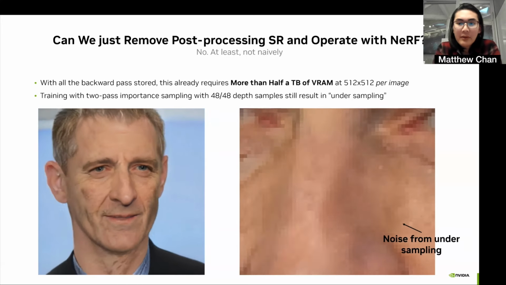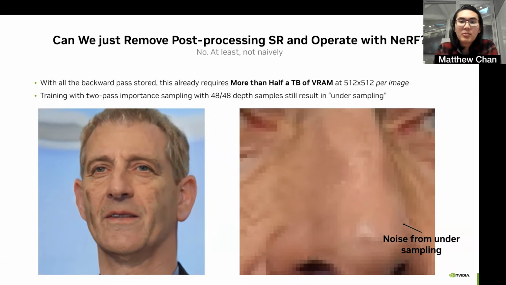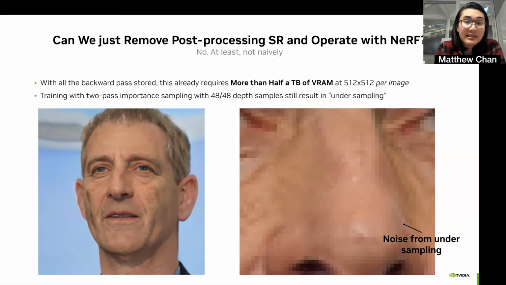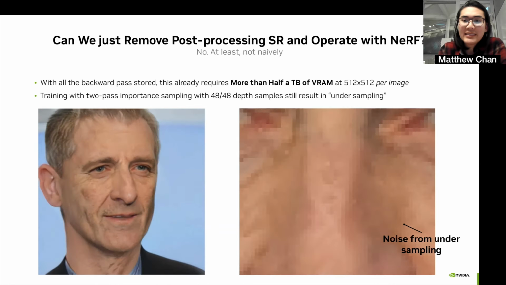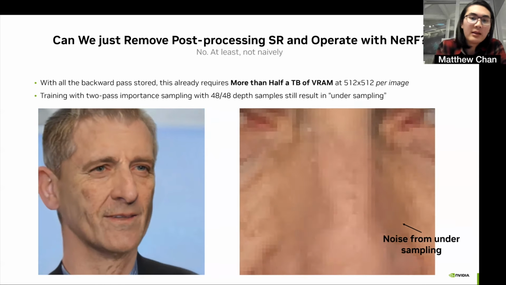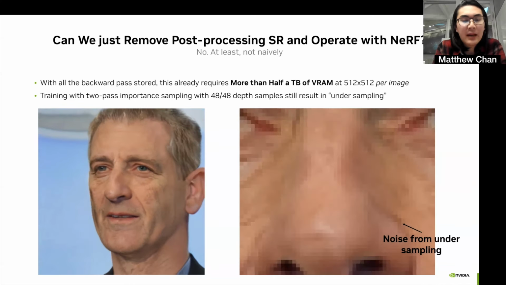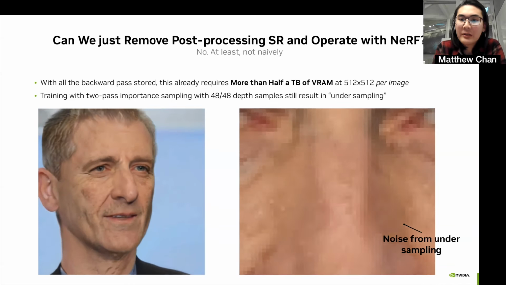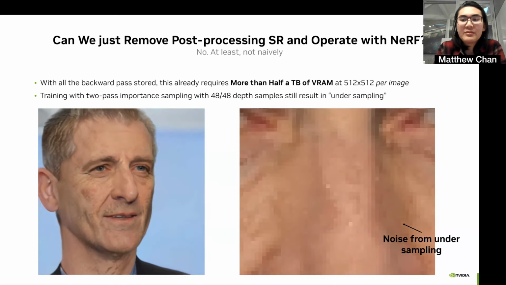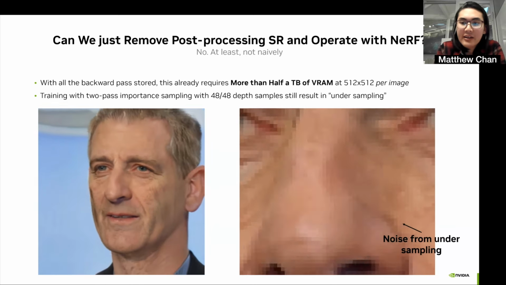The second problem that we run into with this setup is in terms of quality. Even at the same 100 samples per pixel, we're still undersampling the volume, leading to noisy artifacts in rendering. Look on the right side, you see these salt and pepper artifacts, especially in the nose. So if we do want to actually render each pixel, we really need to find another way to make our method cheaper.